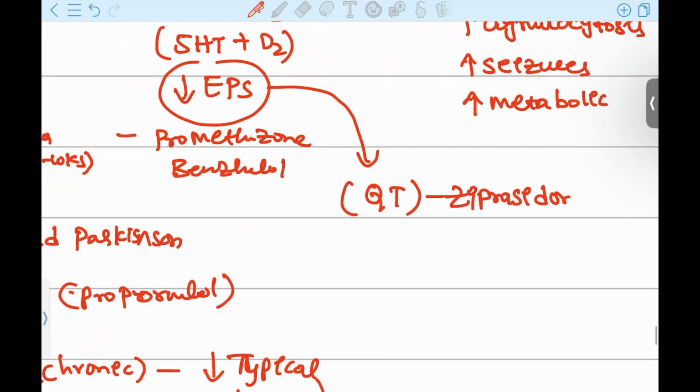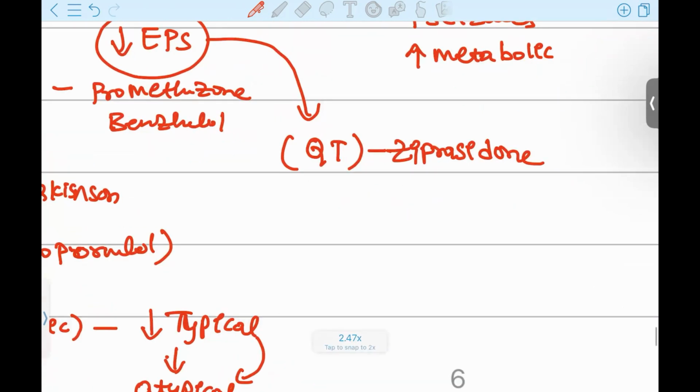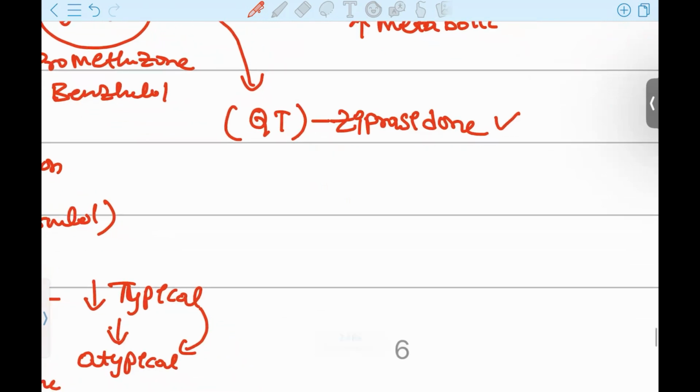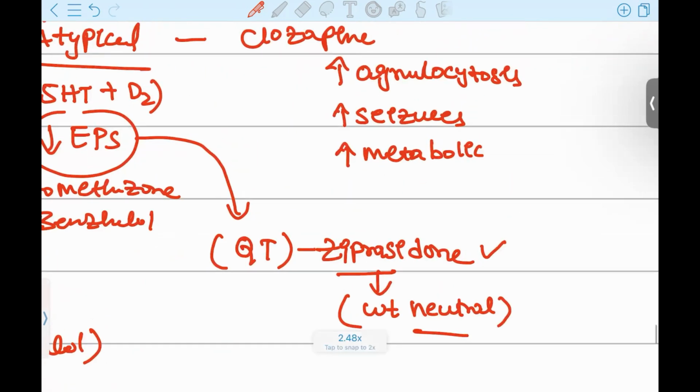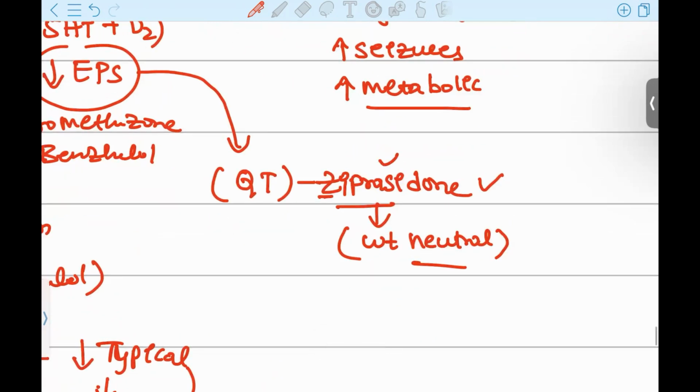ziprasidone. Okay, this atypical drug, ziprasidone, will have a high risk of QT prolongation in the heart. And ziprasidone also has another role, it will be weight neutral. Okay, so the patient will not have weight gain. Here you can see clozapine has more metabolic symptoms, but ziprasidone, Z for zero, neutral. Okay, zero weight gain. Like that, you can remember this one. So this is what we have in these antipsychotics and side effects. Okay, next your another classification